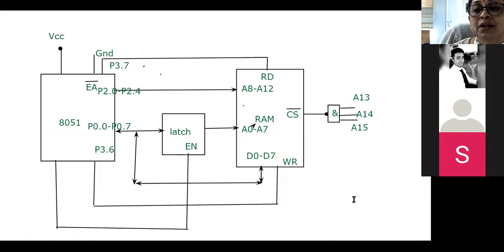Here, for example, we have taken 8 KB of ROM. A similar diagram you can draw for 16 KB of RAM. In that case, your number of address lines will be 14. You can even draw this for 4 KB RAM. So depending on the size of the memory, the number of address lines used to address that particular size of memory will vary. Otherwise, the remaining things are the same.